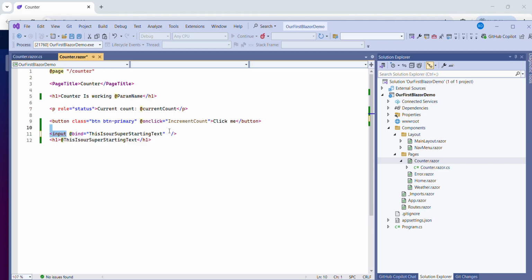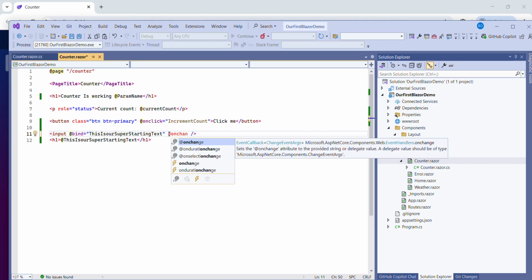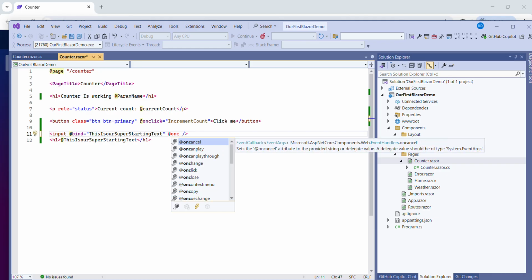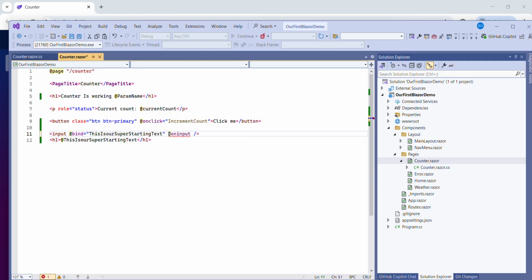So now I want to implement, we can say, on change, right? Or I can say on input field. What will happen in on input is that whatever I am going to change will be directly redirected to this binding value. This is our superstar tag. Let me check, change my event